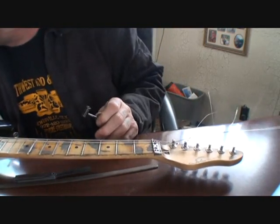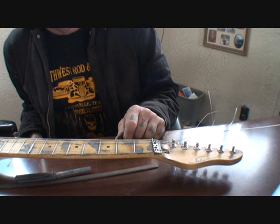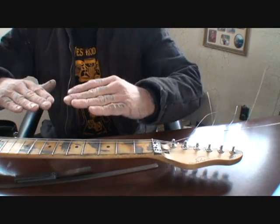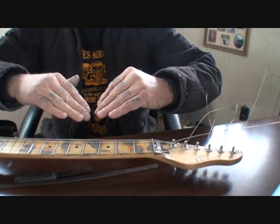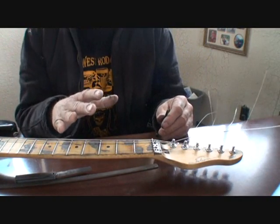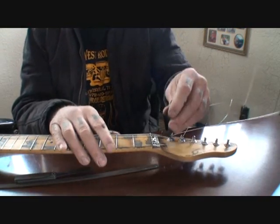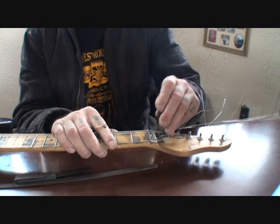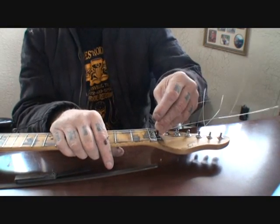If you remember what I said here about 3 or 4 minutes ago, if you tighten it up, it gives it what? It gives it a hump. That means that it will start humping on you. If you loosen it up, it will start bowing on you due to the fact that strings are pulling on the neck and it's bowing it. So we want to tighten it up. If you have your guitar in a playing position laying down, you want to go ahead and stick your tool in there and tighten it up. You want to turn the nut toward you. And don't do